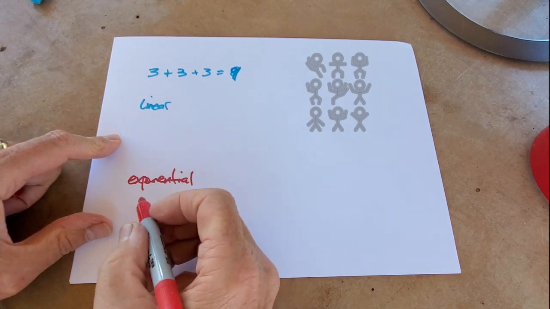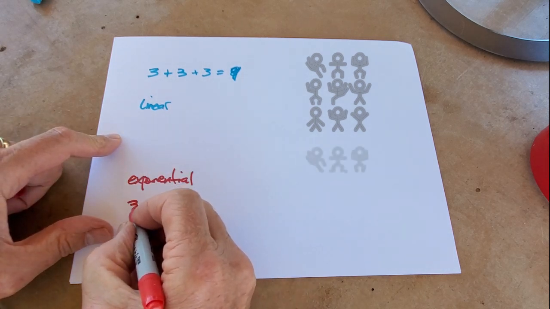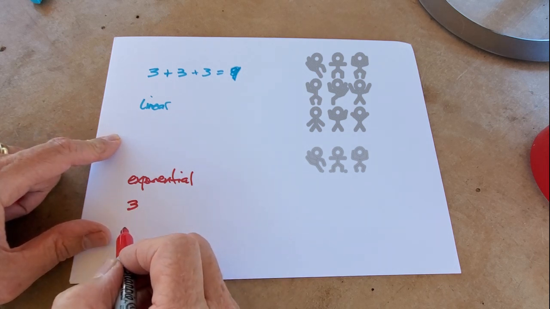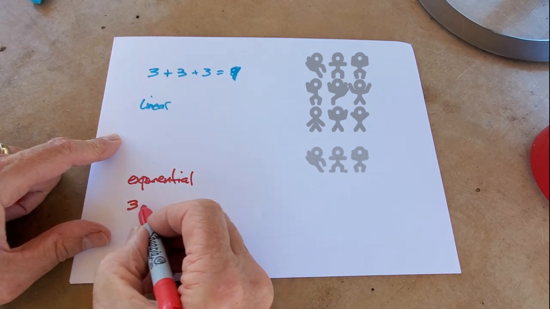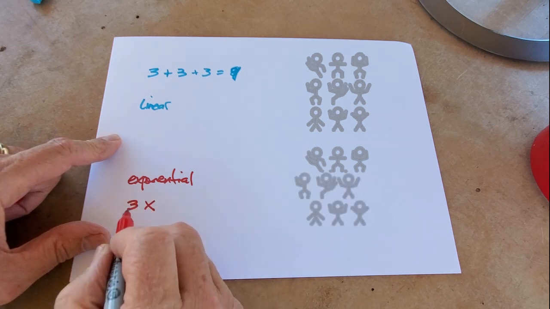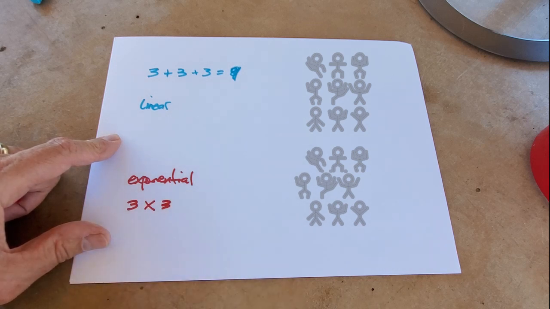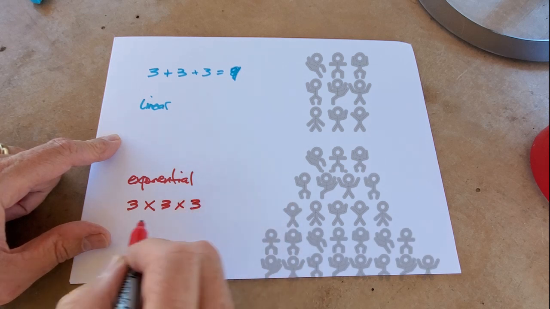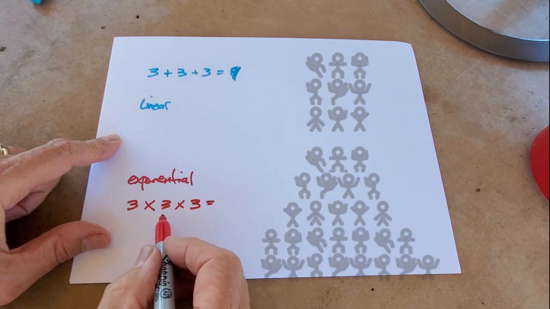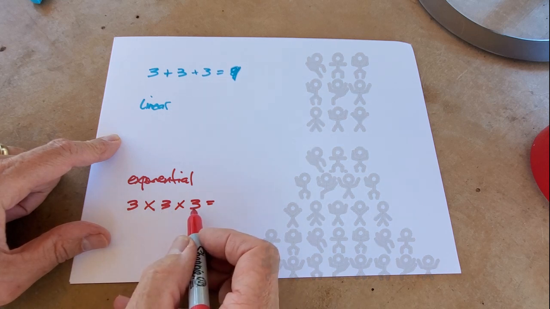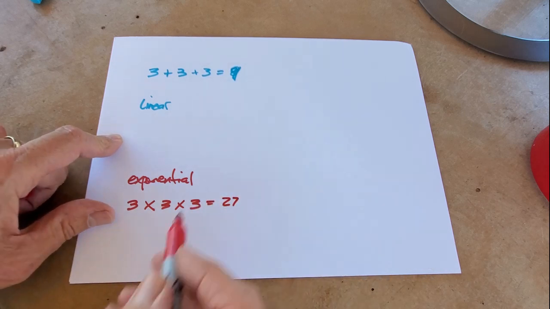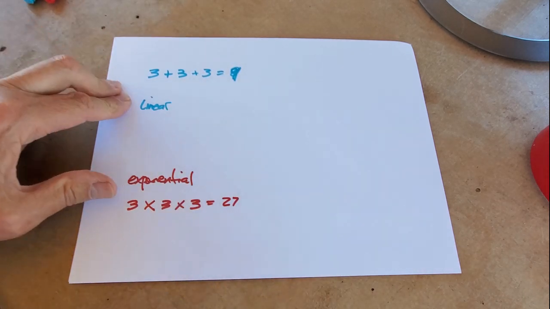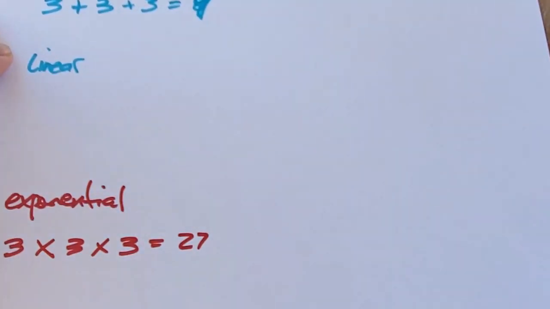Exponential, a little different. Let's say you have the same effort where you have 3 sales in your first period, but you teach these people to make referrals, and each of those 3 give you 3 referrals, and they've taught the same thing, more referrals. Then what you end up with over that is 3 times 3 is 9, 3 times 9 is 27. Obviously more, but let's have a look at that on a graph to see what it looks like, because the visual on it is what's important.